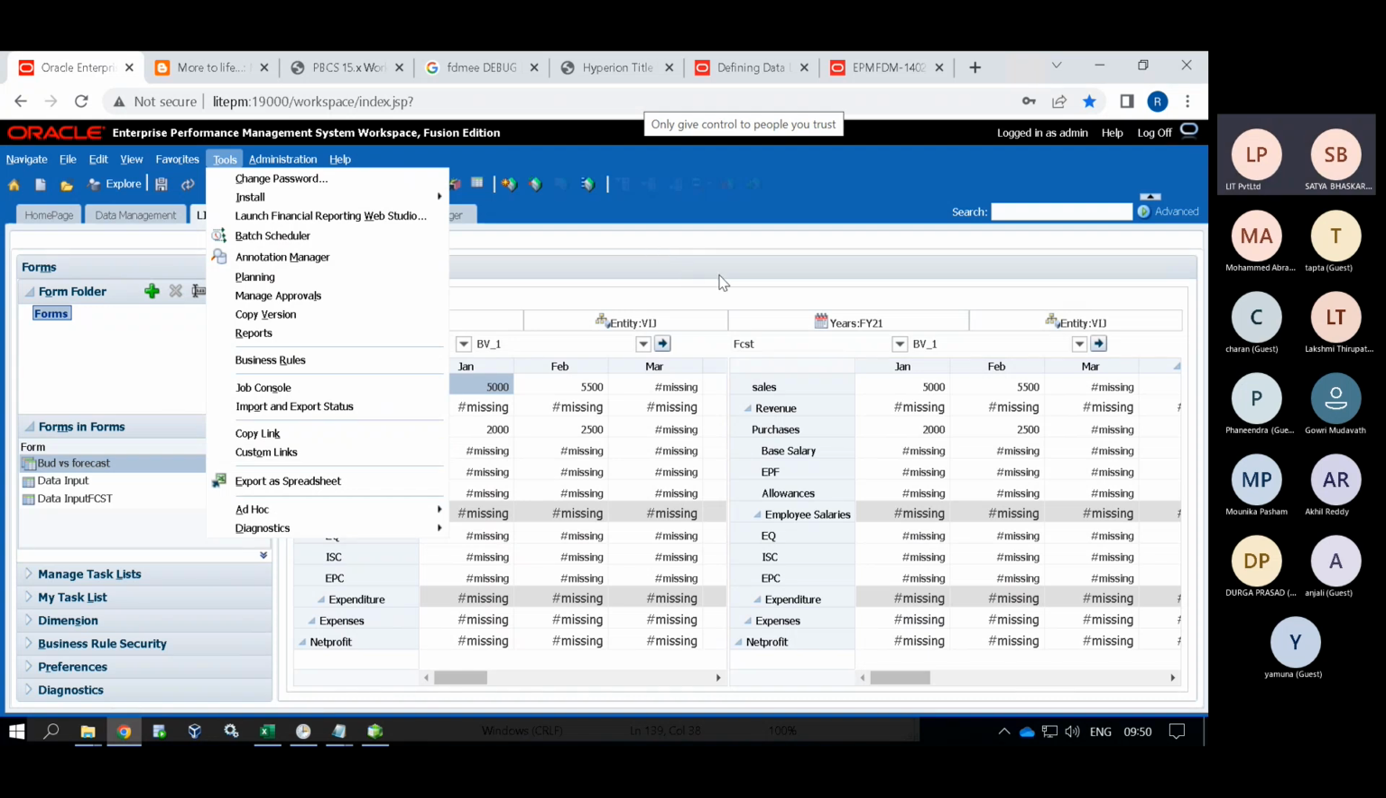So analyzing is very, very important, guys. If any customer comes up and says, hey, I'm not seeing the data, can you please help me out? You have to work on it. So that's it about the forms. Now coming to the planning,